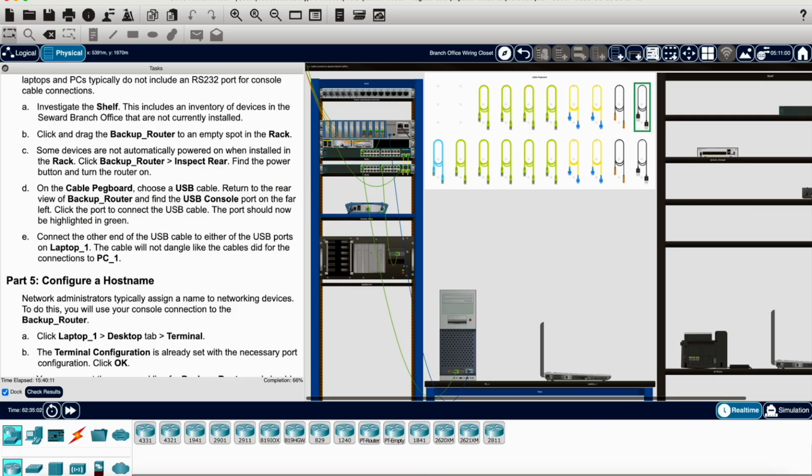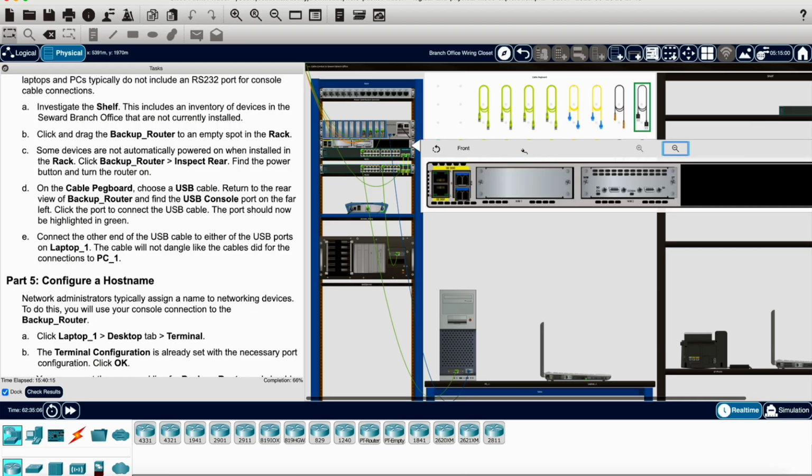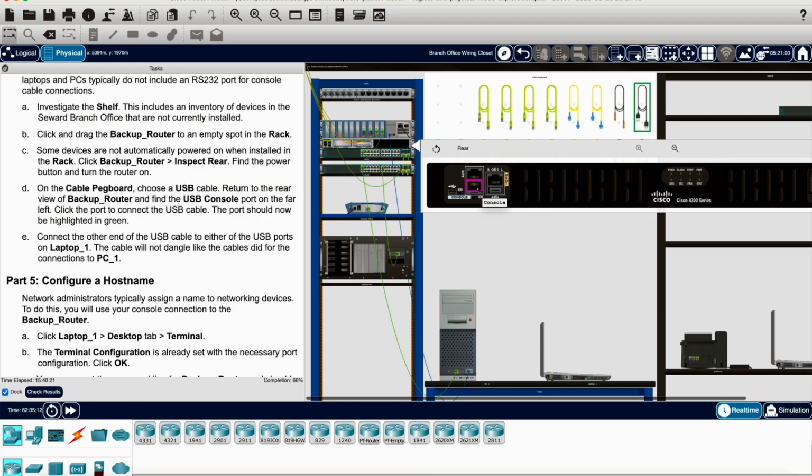That's the port for inspect front, zoom in. That's your gig, that's your USB port. Maybe back. Right there, USB console right there. Yeah, that's right there. Okay, now